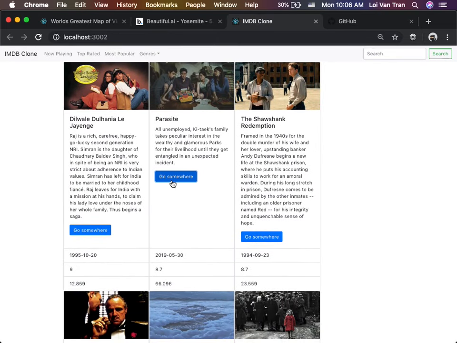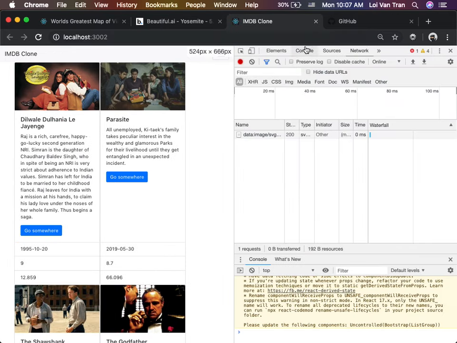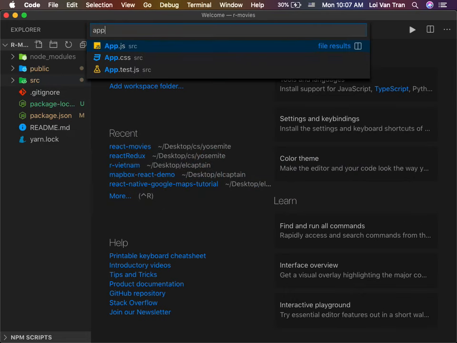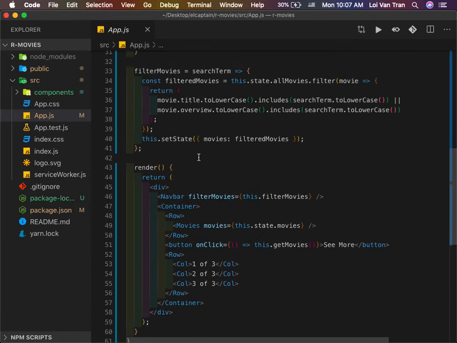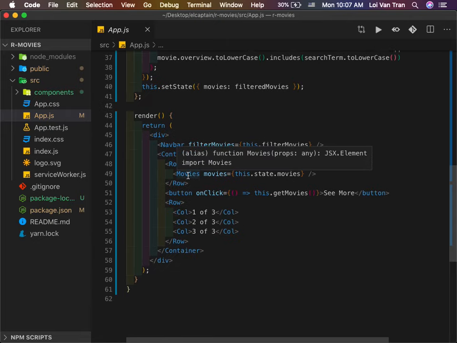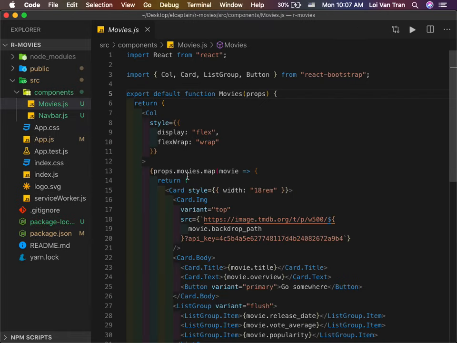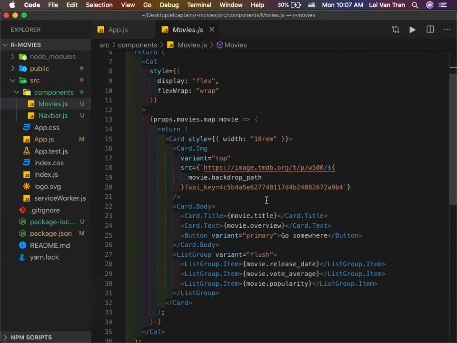Okay, so here we are right now. We have a button. I click this button. It does not fire. How can we make this fire? We need to look for something. We need to look for the button. So we're gonna look in our app.js because this is the parent of all components. We know that inside this component, there's always going to be something we're looking for. I look through the code, I see movies, okay? That seems to be specific on what it's doing inside of a movie app. I can hold command and click it. Did you guys see what I just did right there? If I hold command and I click it, it just hops me over to that file, okay?